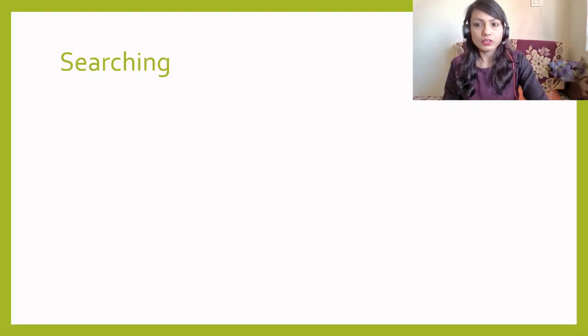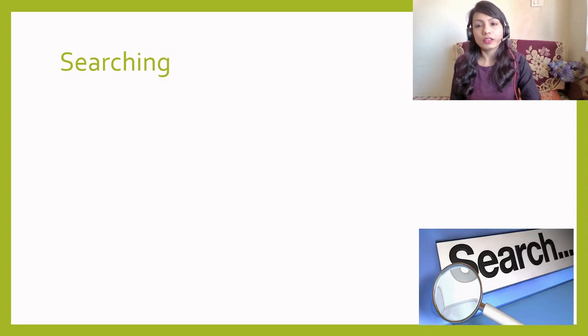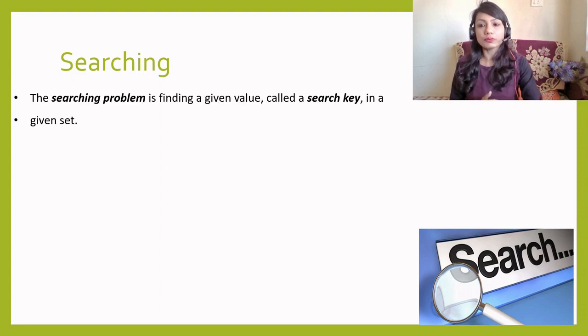Now let's see our next problem, that is the searching problem. What is the searching problem? It is finding something. In our subject, given a list of elements, you have to search for a given element, say the key element. The element to be searched is known as the key element. Given four values, 10, 20, 30, 40, maybe you have to search whether 40 is there in this list or not. This value which you have to find is known as the key value.